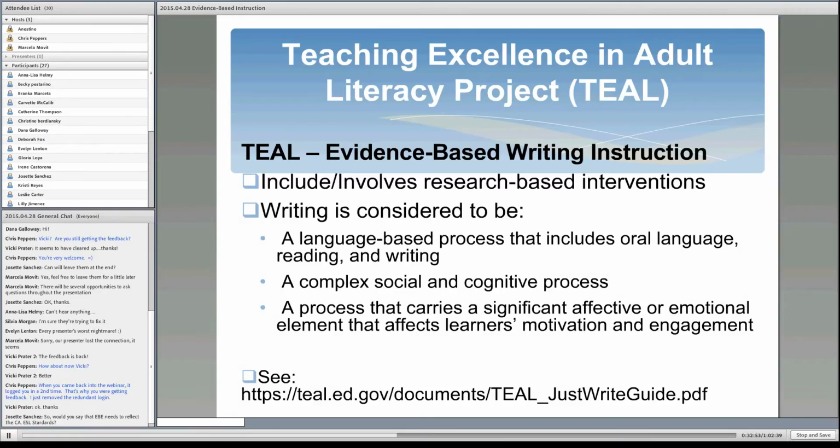It's a process that carries a very significant affective and emotional element that affects learners' motivation and engagement. What that means is that writing comes from inside, and these statements have implications for how to teach writing. If it carries a significant affective or emotional element that affects learners' motivation and engagement, and all of this is derived from research,